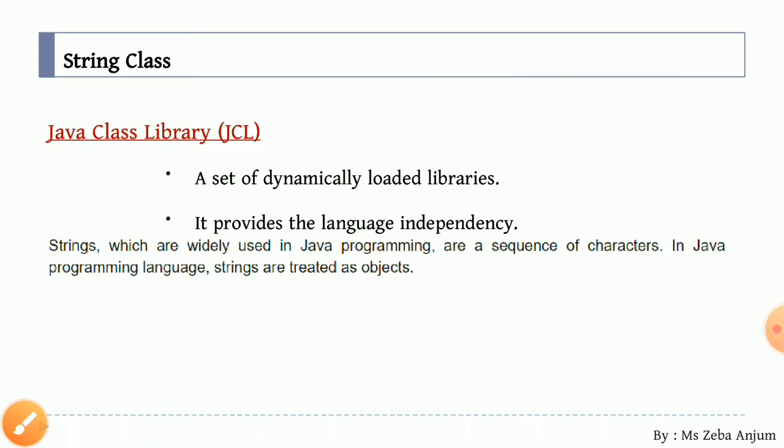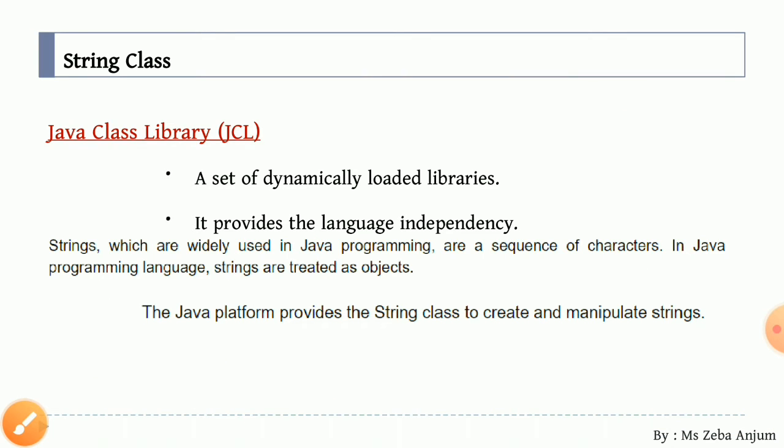Now furthermore, see the line, the Java platform provides the string class to create and manipulate strings. Now we have a string class, as you all know, I told you about it. It is present in the java.lang library, okay, in JCL. Now it has certain functions that help you in creating your string as well as manipulating your string. Now you know the meaning of creation. What is manipulation? Manipulation means firstly you have given some kind of value and then you are changing the value.